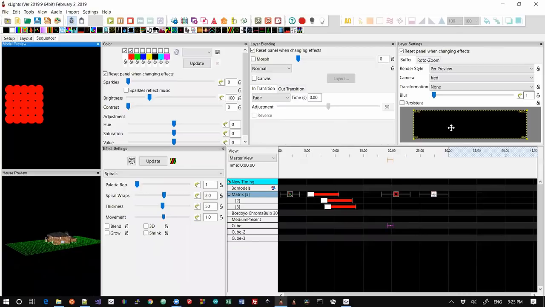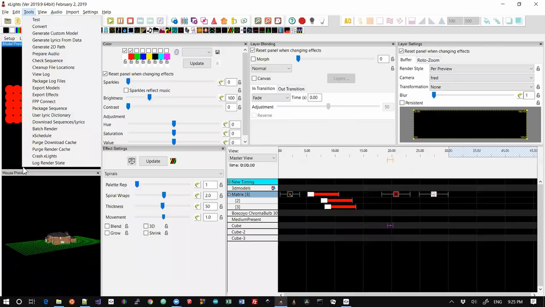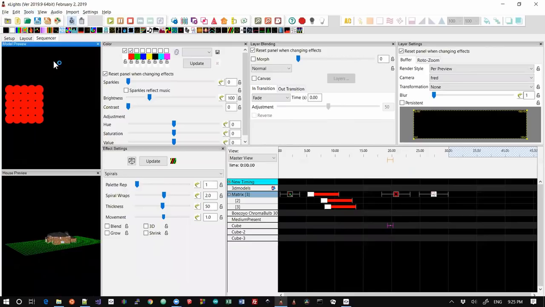And that's kind of cool, but you run into a problem when you share this sequence because someone else might then import my cube effects onto their sequence. But if they don't have a camera called Fred, then it's not going to come in properly. And so what we've done in check sequence is, which you can run once you've loaded up someone's sequence that you're about to import, you can go and grab check sequence,